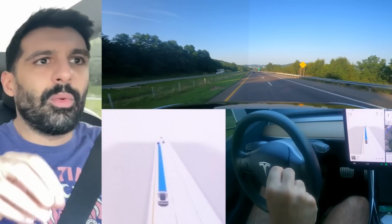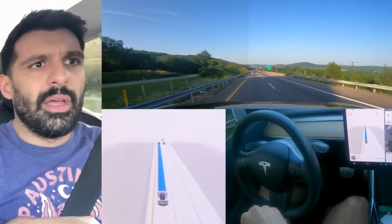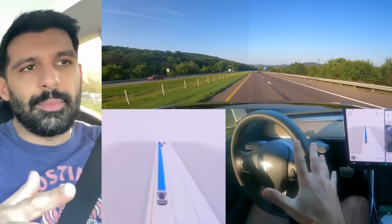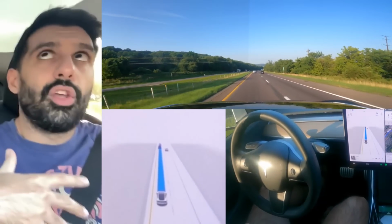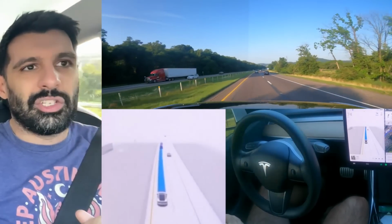But if it does that in Austin, in an area that I'm very familiar with, I feel myself getting a little frustrated with the car because I would have done that road 1,000 times over, and I'm like, come on, no one's coming, just make the left, right? And so this human equation, this emotion equation, this ego equation comes into play